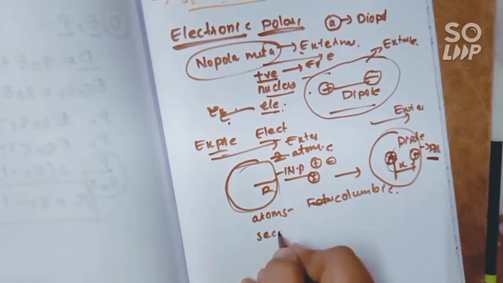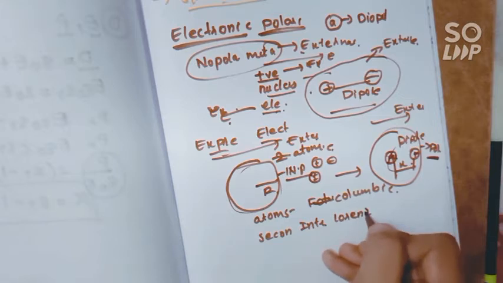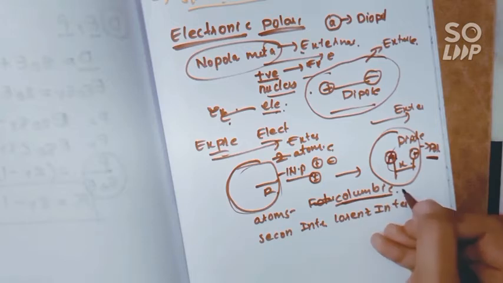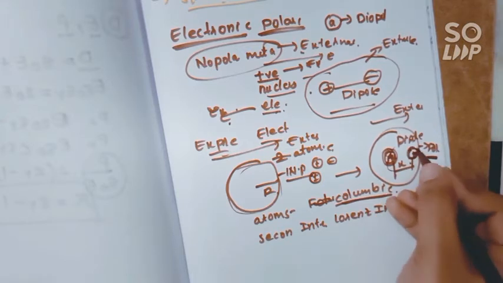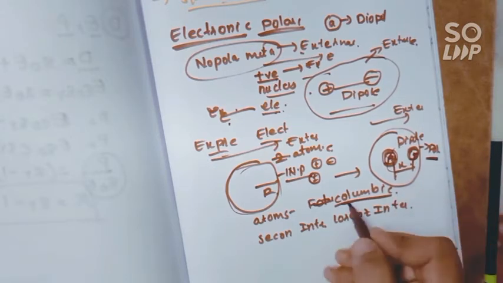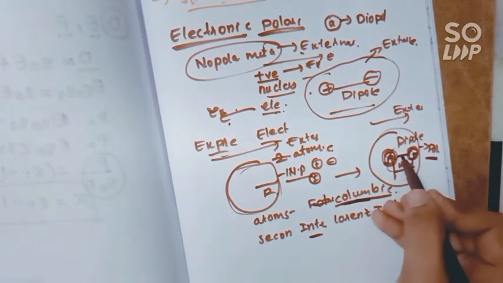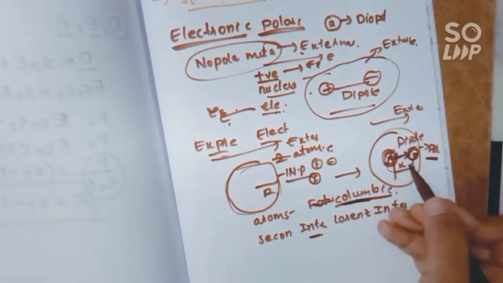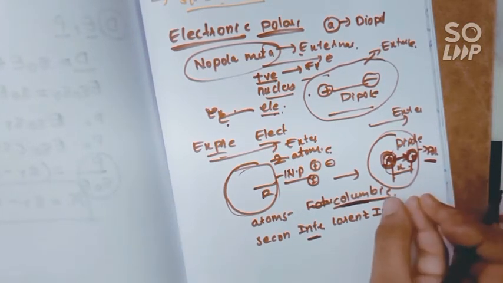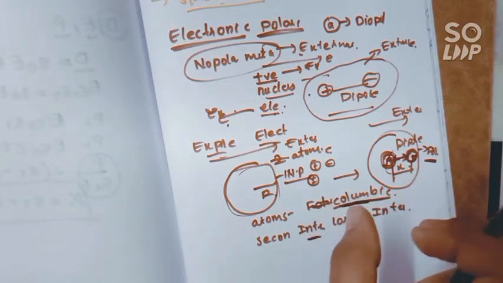And the second one is the internal electric field, also called the Lorentz internal electric field. The Coulomb electric field is used to separate the positive ion and negative charge. Here the nucleus and electron are separated due to the Coulombic forces. Whereas the internal electric field is developed, and that internal field will again combine the positive charge and negative charge to their original position. It attracts both of them and maintains them in the same position.